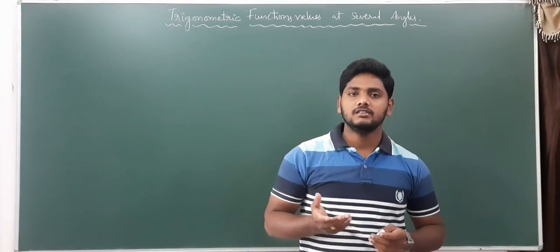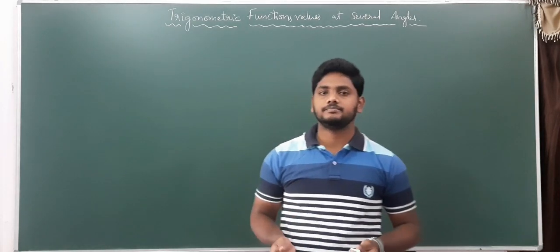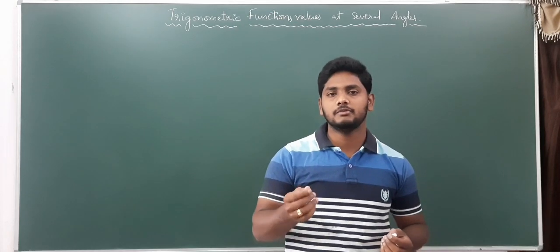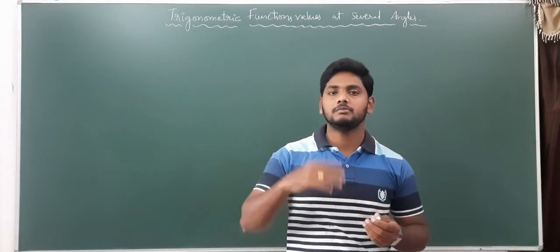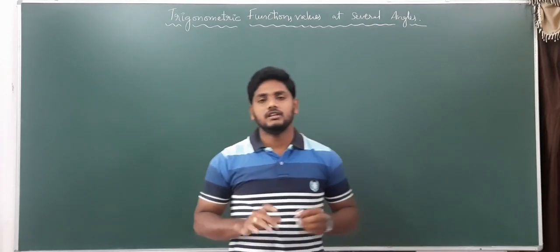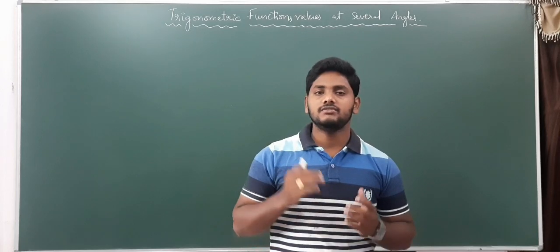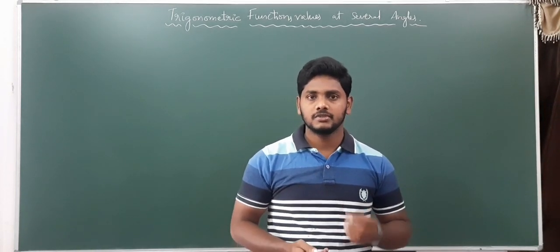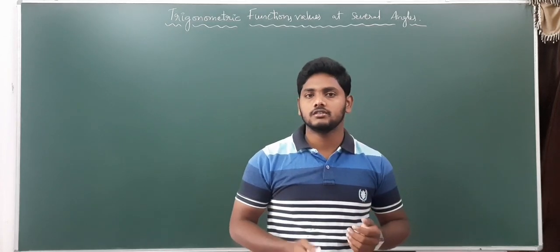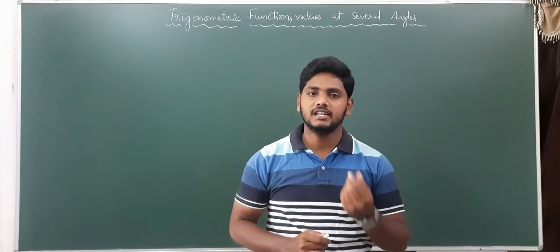If you know sine 18, we can also learn the cosecant 18. Why? Because, for example, if sine is 1 by 2, cosecant is 1 by 1 by 2, nothing but 2. The reciprocal of sine is nothing but cosecant. That means if you know sine, we can also know the cosecant. If you know cos, we can also know secant. Tan we already know, so you can get cot. So like that we will get all trigonometric function values if we find sine and cos.